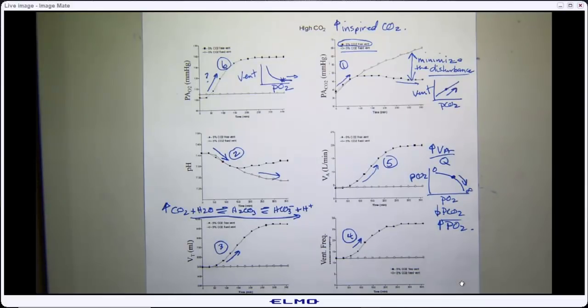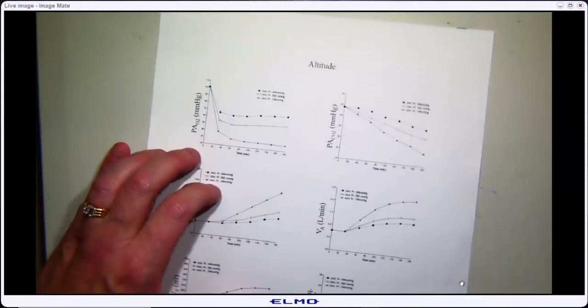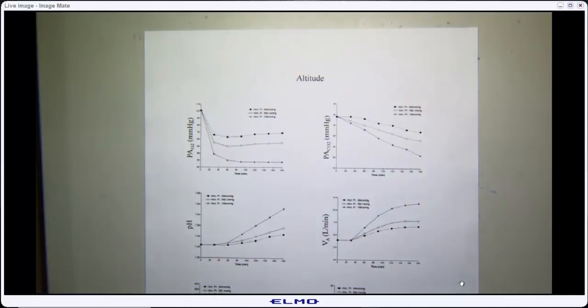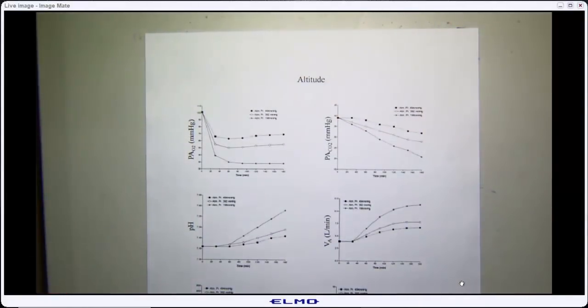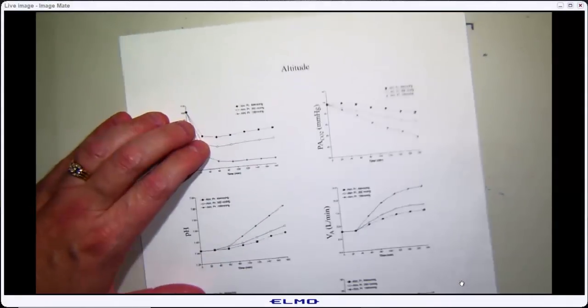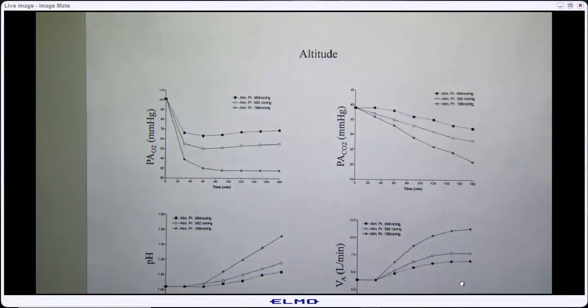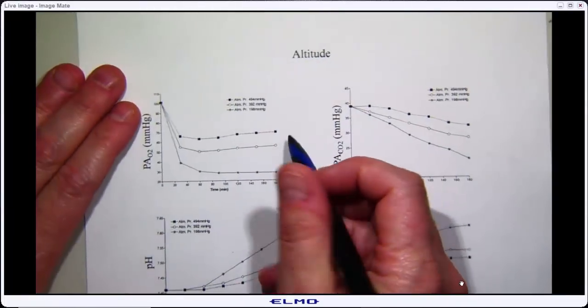Okay, any questions on inspired CO2? We'll do one more example. We'll go to altitude, see what's going on up there, because we're definitely messing with oxygen and CO2 up there. So, you head to altitude. This is where physiology road trips would be awesome. We could actually go try this out, but in Guelph we can't really get somewhere very quickly. So there are some examples here like,